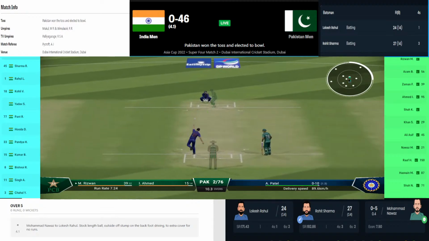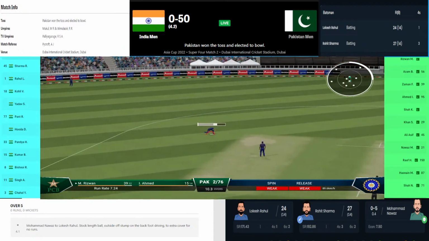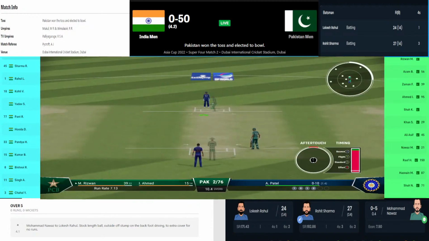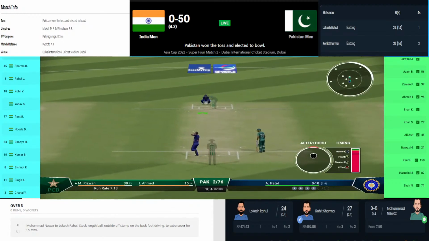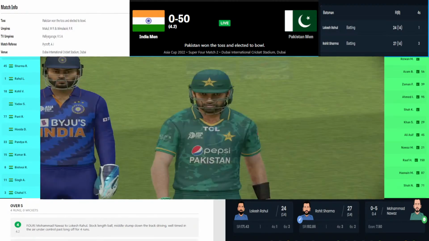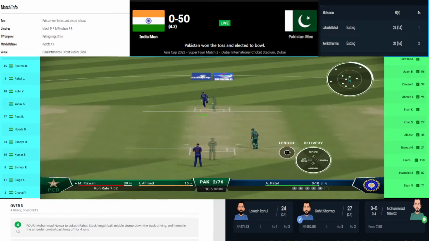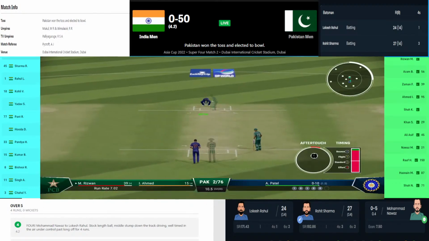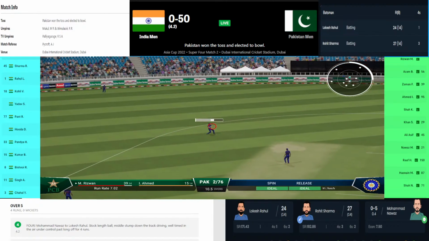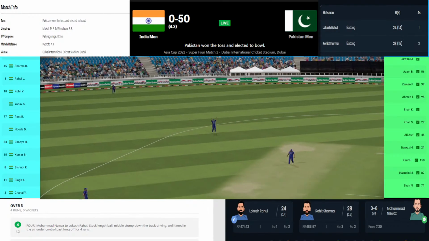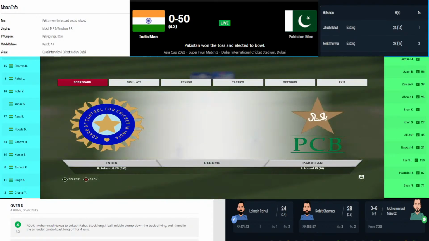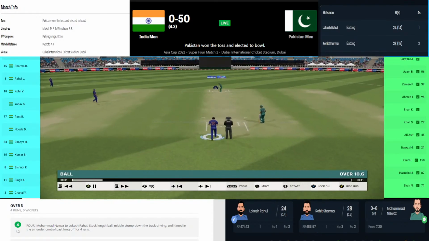That's a wonderful start. Again, coming down the ground, but this time the length is not hittable, so he just defends that to extra cover for a dot delivery. No runs added to the total, and after 4.3 deliveries, 50 for 0 is the score of India. Indians are in a very decent mood today to just blow everything that's being thrown at them. Let's see, will they continue? Fourth delivery. This time he plays it to the mid-wicket region for a single, and with the help of that single, the score moves on to 51 without loss after 4.4 overs.